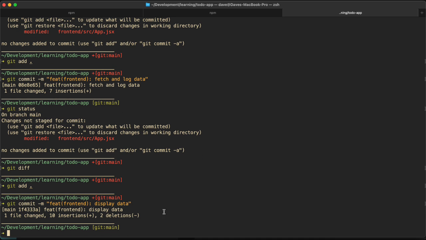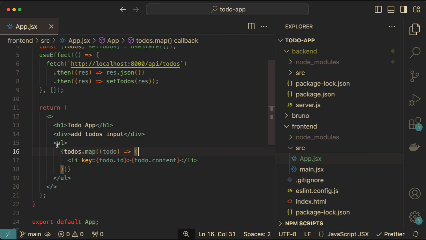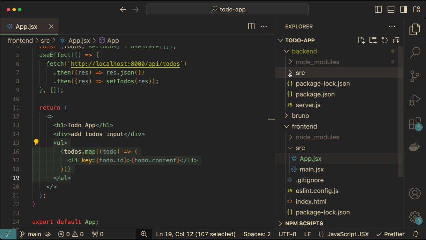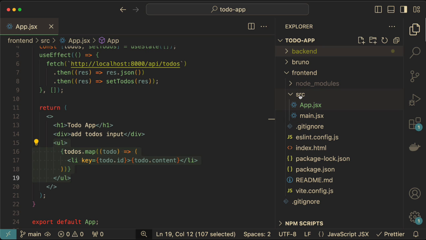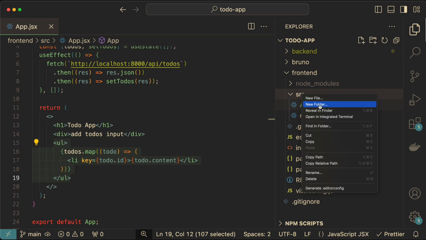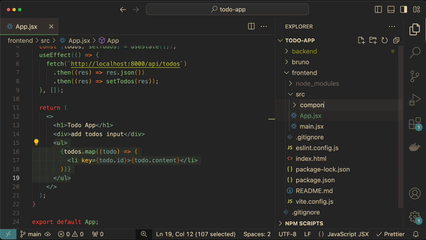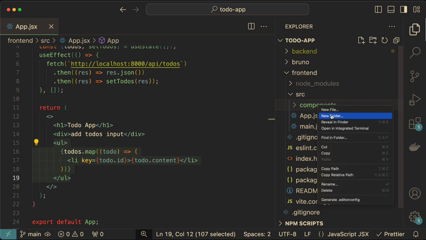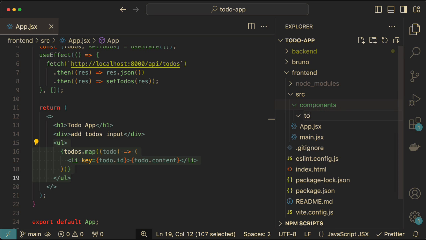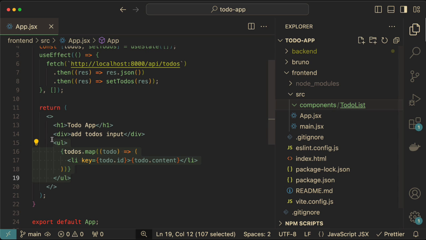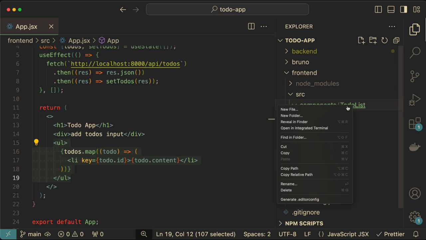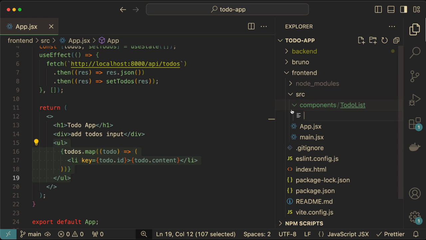Now we're going to work on our components, okay? So over here, I want to take all of this UL. I'm not going to remove it just yet, but inside of, not backend source, inside of front-end source, I'm going to create a new folder. I'm going to call this components. And inside of there, I'm going to create another folder called TodoList, capital To-Do list, okay? This is going to be our first component. It's going to be the UL, okay? Inside of there, I'm going to create a new file called